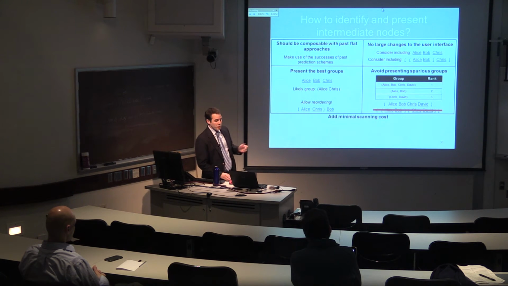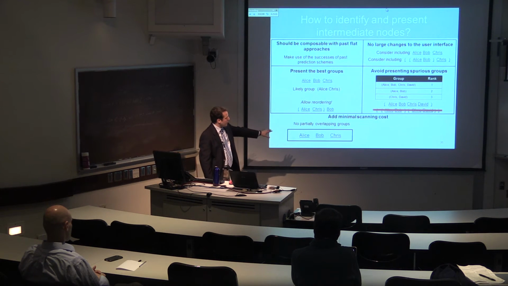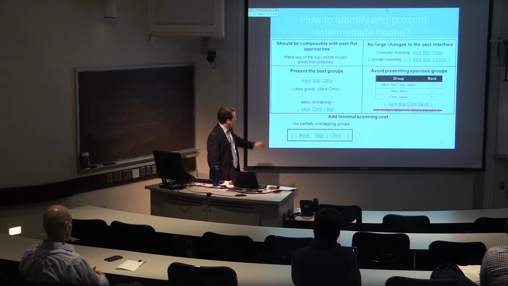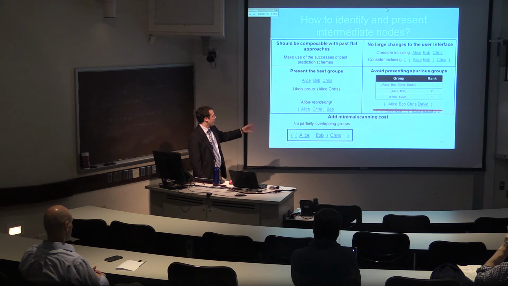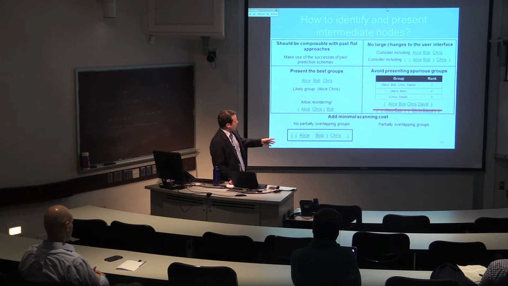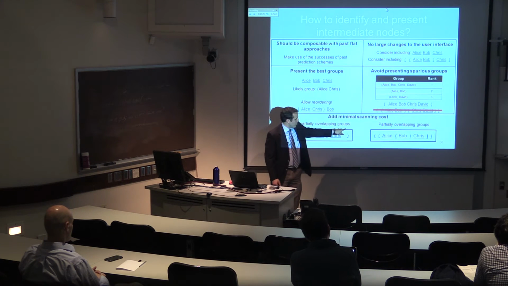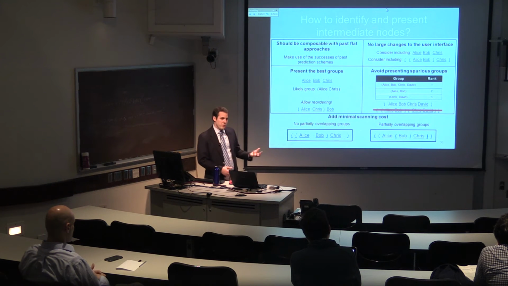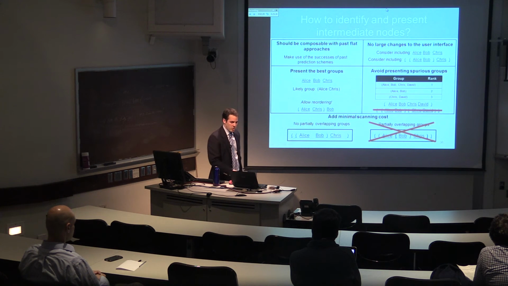We also want to add minimal scanning cost. To do this, we looked at two possible cases: whether we would allow partially overlapping groups or not. To illustrate, if we have a flat list, we would allow both Alice and Bob grouped together and Alice, Bob, and Chris, because the group Alice, Bob, and Chris completely overlaps with Alice and Bob, as that's part of the hierarchy. But partially overlapping groups would allow that same grouping scheme, but possibly Bob and Chris being grouped together. We can see on the right that it's much more difficult to scan this and identify which parenthesis goes with which group, and thus make correct selections. So we won't allow the second case because that adds much more scanning cost.